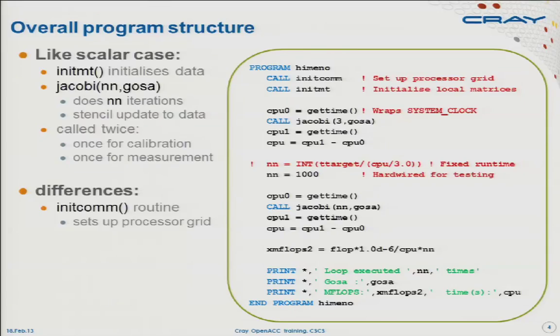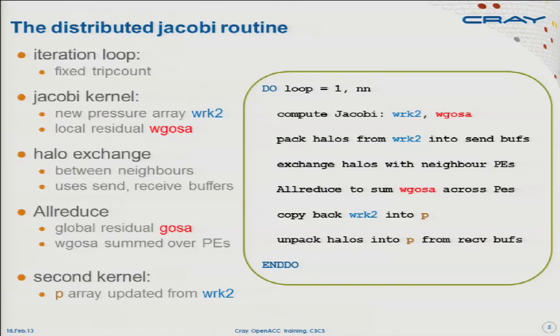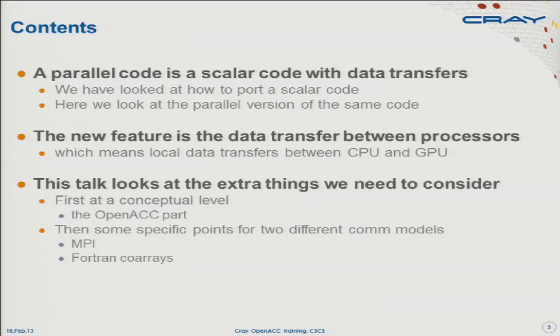So if you want to do this stencil update, obviously each local problem is going to have to share halos with its neighbors in order to calculate the full problem. And it's going to have to do that at each iteration. So the difference is when you look at the iteration loop that we saw before in the Jacobi routine, there's the loop over iterations. Obviously, you've got these two memory spaces, the CPU and the GPU, and you have to make sure that the data that you want to send is in the CPU memory